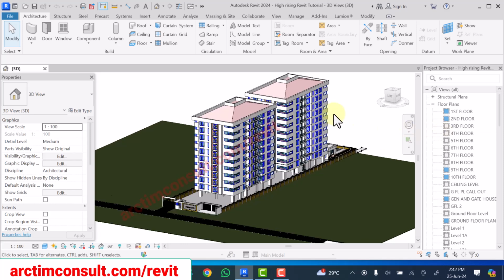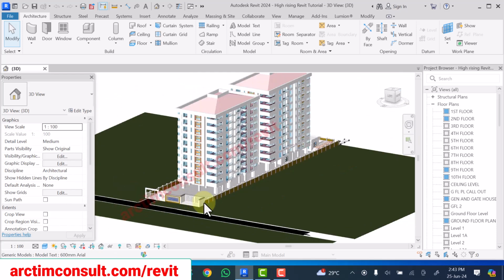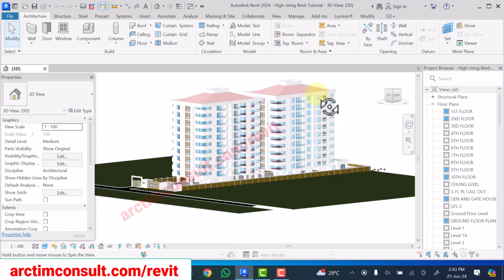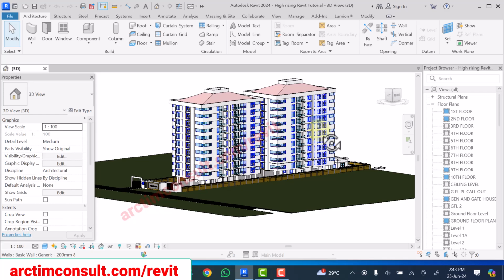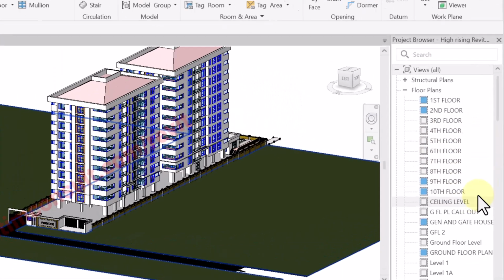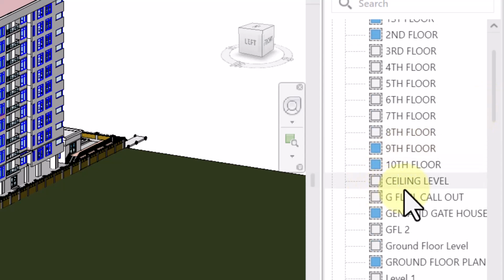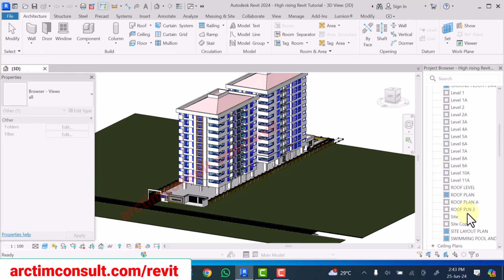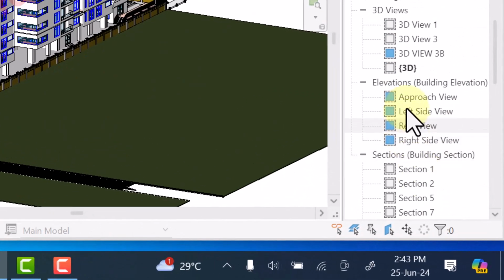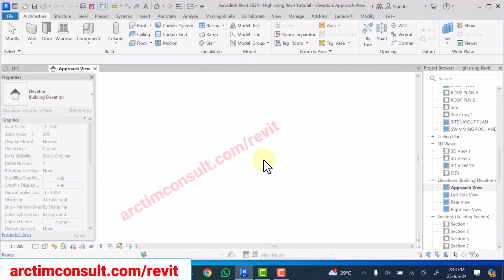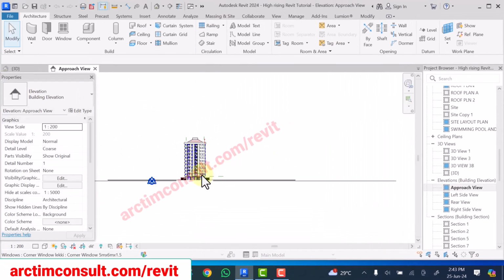In this training, I'll be showing you guys how you can model high rising in Revit. And I'll be using this project as a template. You can see we have 10 floors. Look at it, we have 10 floors. And if I go to one of the elevations, we can see the height of the